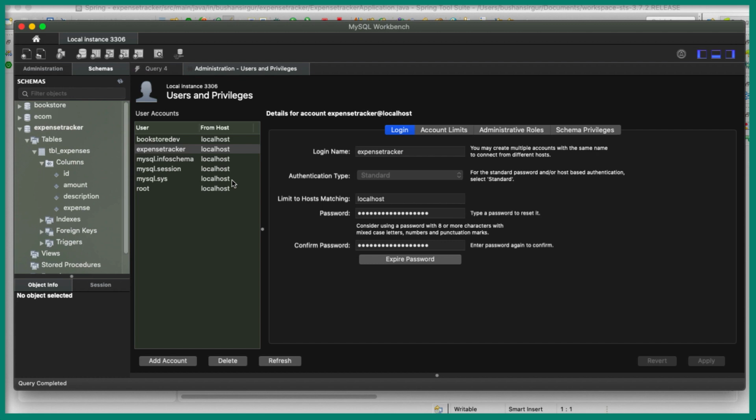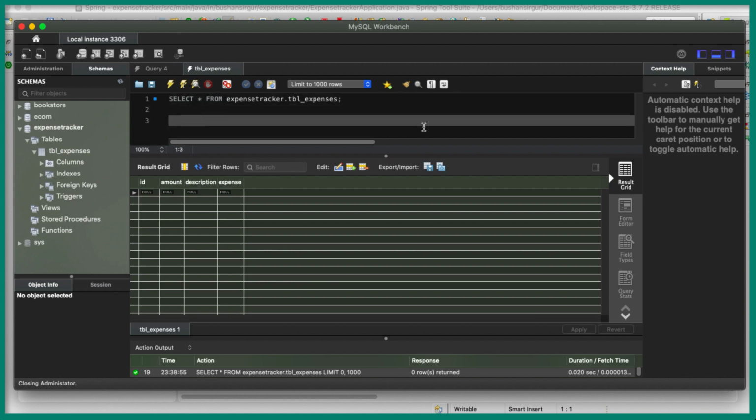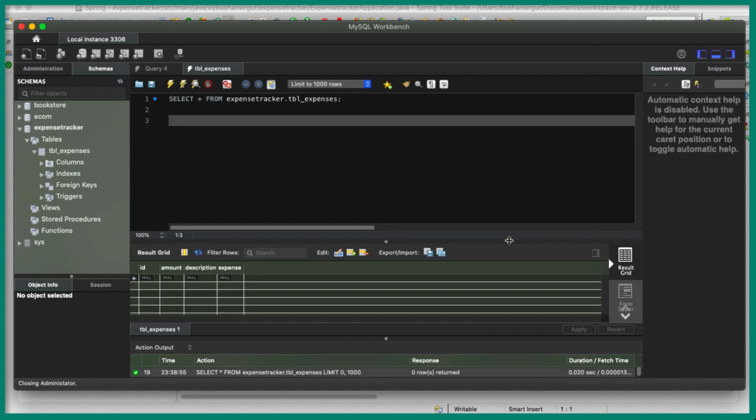Let's quickly add a few entries to this table, because when we make an HTTP GET request, we should expect some data. For that, I'm going to quickly write some SQL queries.